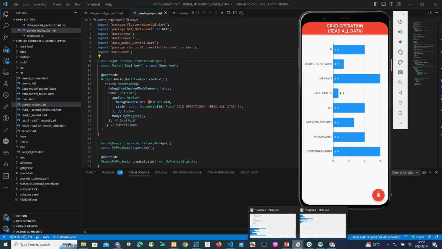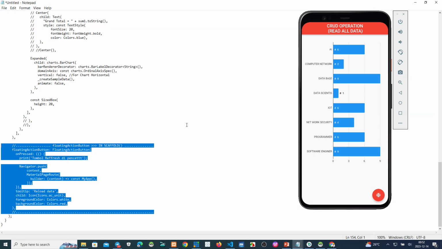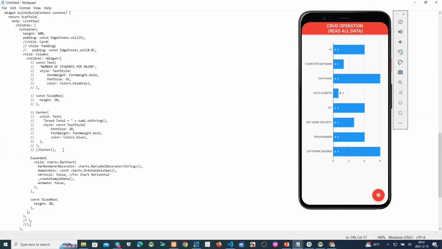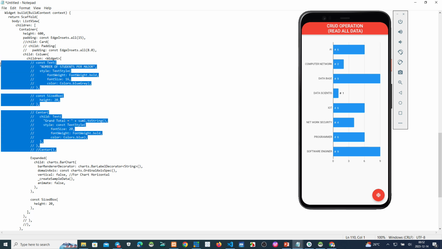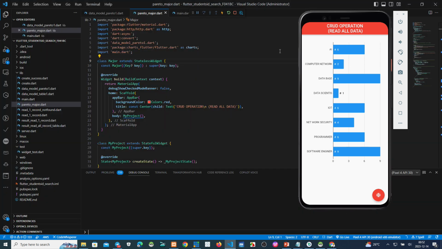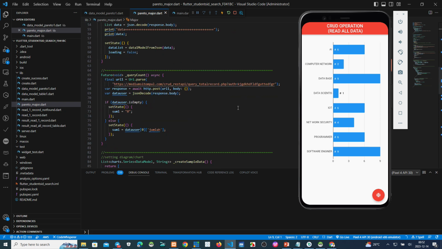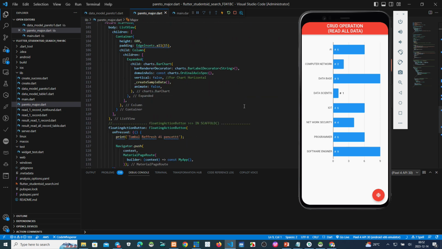Okay, and now we want to make information about the count of records. We have 43 count here. Okay, now we make this one.